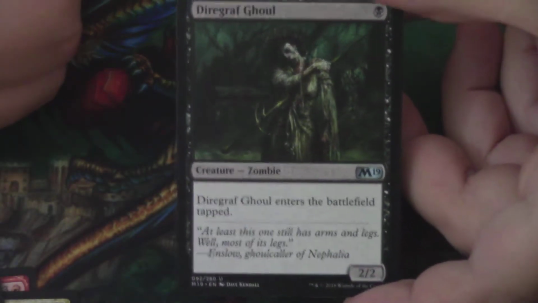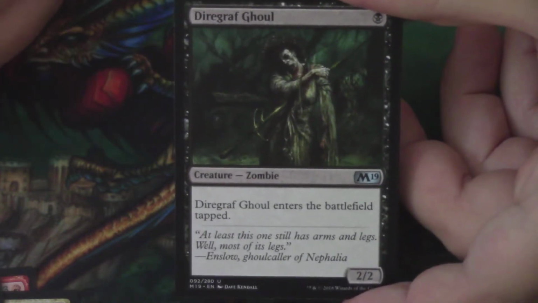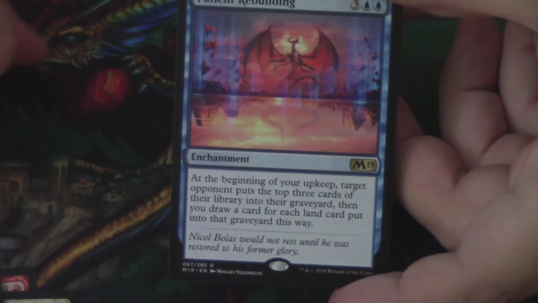Again, another fine card. 1 mana 2/2 that comes into play tapped. If we're trying to be more aggressive, which Mardu does tend to be a little bit, this could be good for us. And our rare or mythic is another blue one in